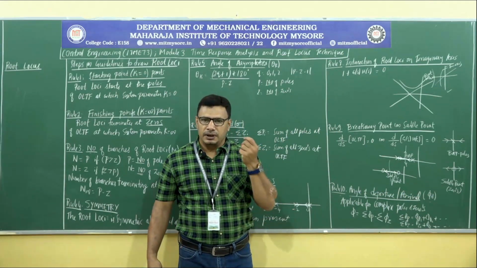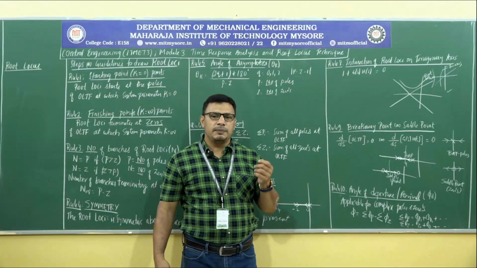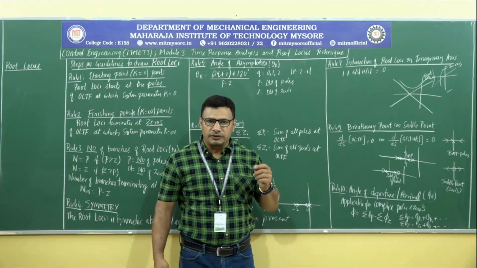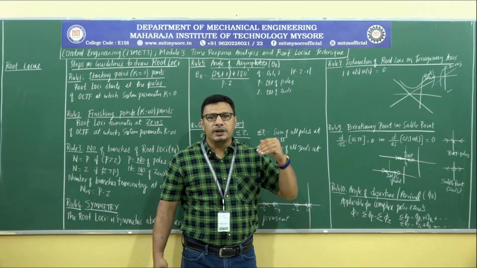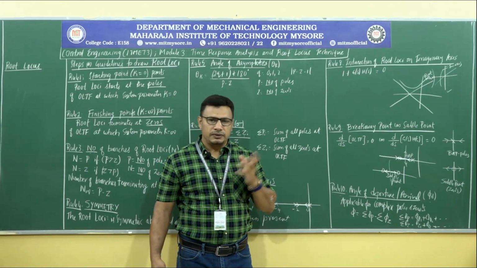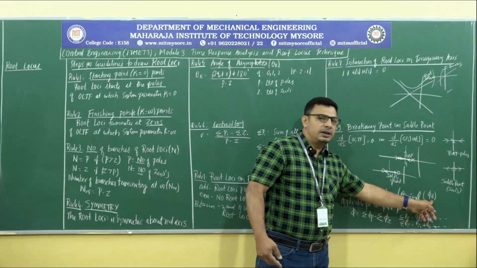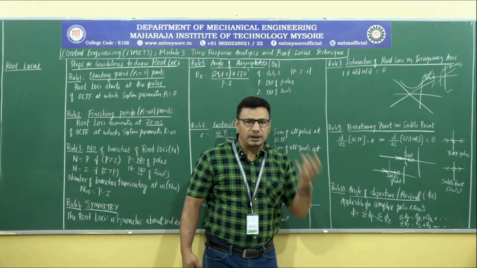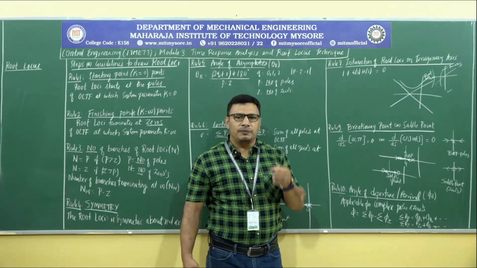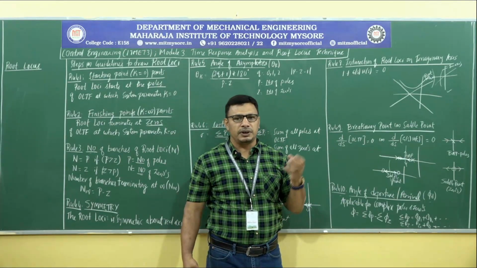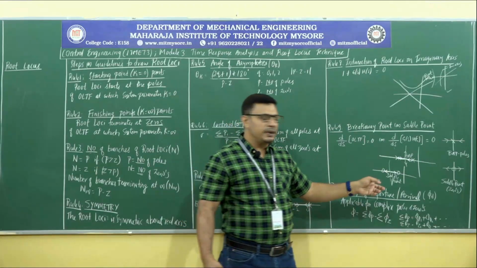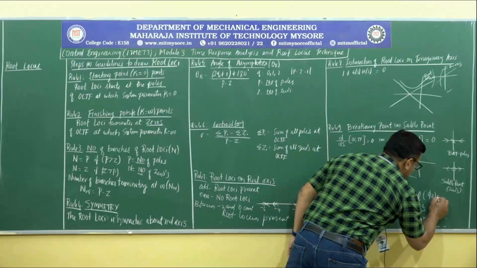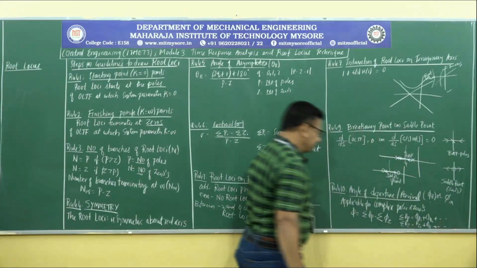Phi d means when a complex pole is existing, then the branch of root locus must start from that complex pole. If it is starting, in what direction will it start from the complex pole? That is where we get to know the angle of departure. If it is a complex zero, then the branch of root loci must terminate at that particular complex zero. From what direction the branch of root loci is traveling towards that zero will be given by the angle of arrival, phi a.